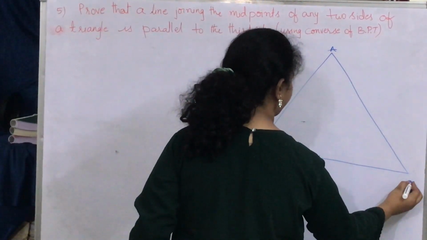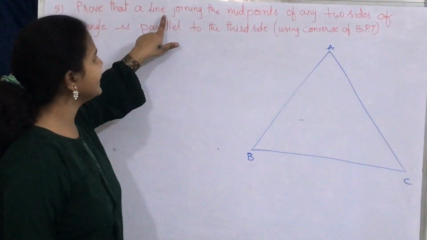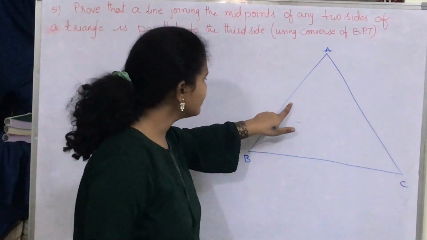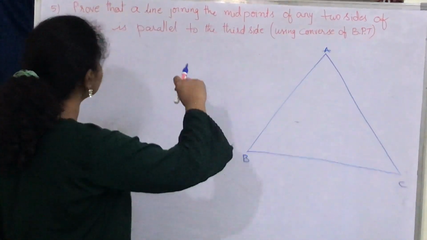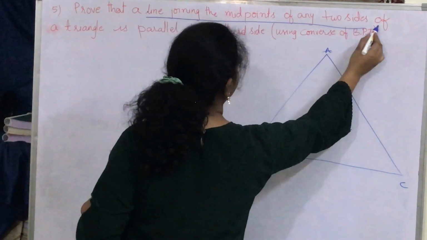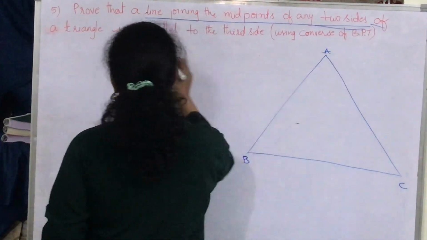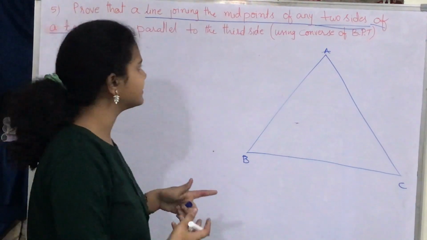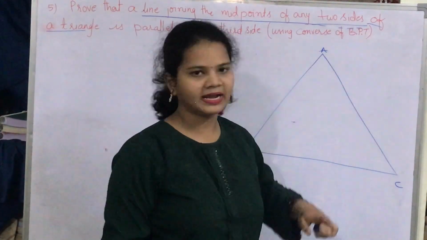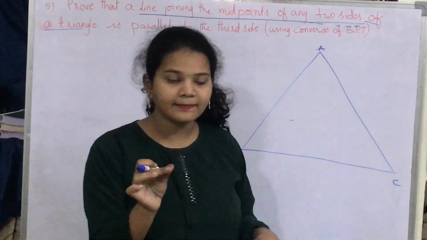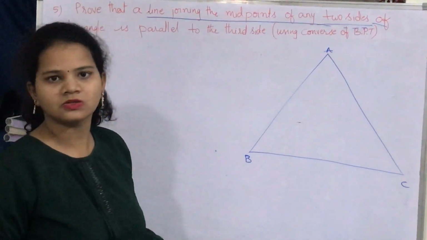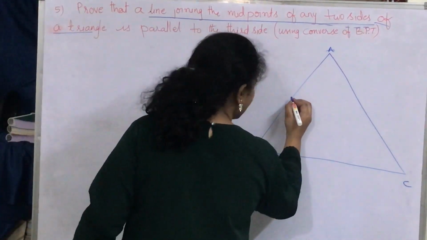and C. Now prove that a line joining the midpoints of any two sides of a triangle. So a line joining the midpoints of any two sides. Just look at this point. In the fourth question, you have one side which joins a midpoint in the triangle, but in this question you have two sides joining the midpoints of a triangle. So if I join a line like this,